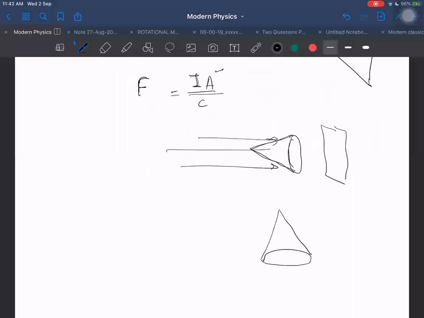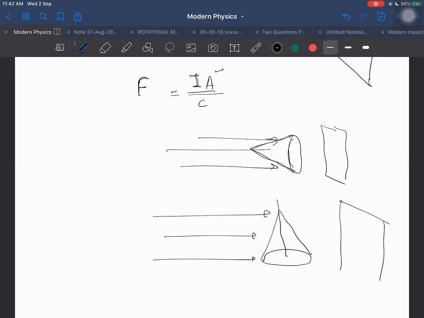I can ask the case of a cone again, but this time I am placing it perpendicular to the direction of incident ray this way. Now what will be the shadow cast here on the wall? A triangle. That triangle will have base 2r and height h, the height of the cone. Then r into h will be the area. So again we can find out quickly, I into r into h by C will be the force on this cone along the direction of incident ray. Never forget it. It may have some extra force, but this is only Fx along the direction of incident ray.